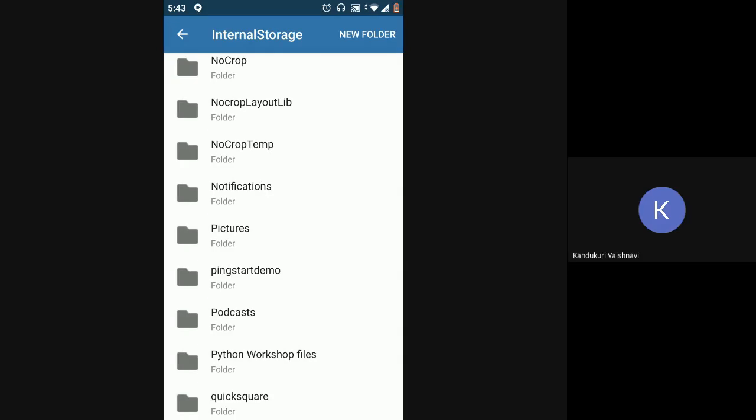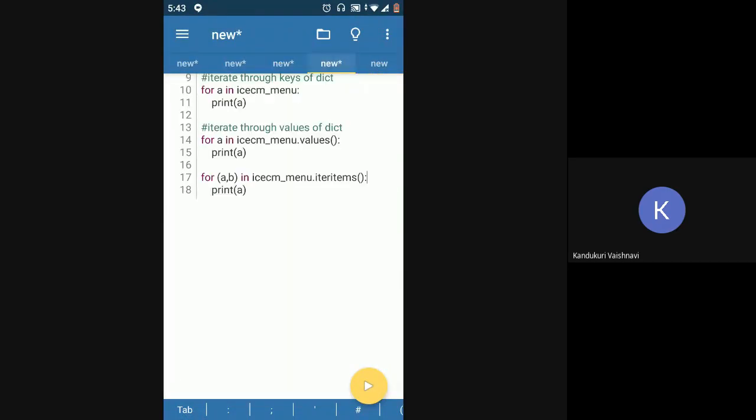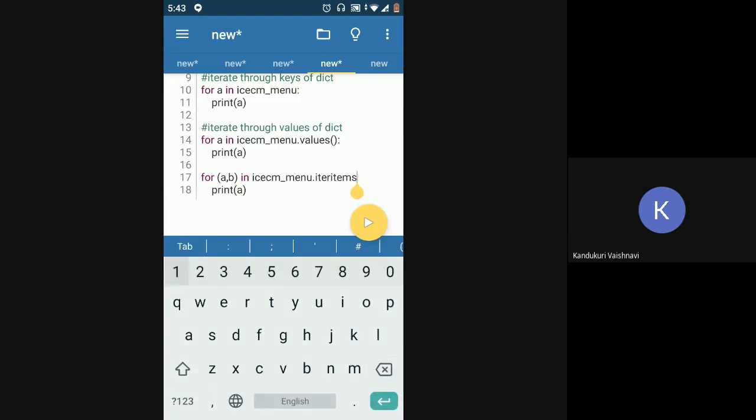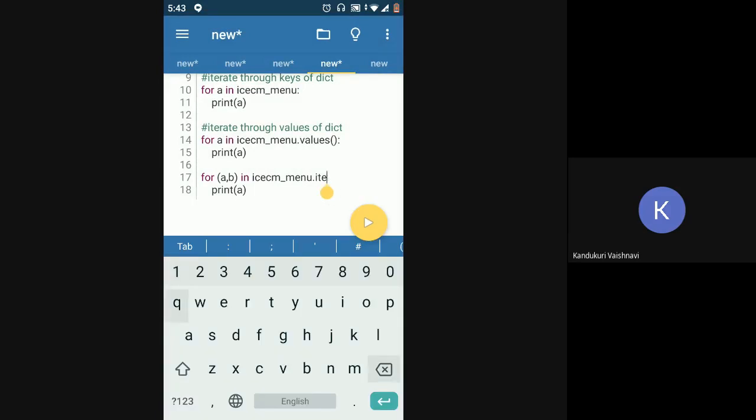Got it. Okay, I think I'll get back to you on this one. There is some function called iter or iter items, something like that. I'll have to check it once. Mostly it's iter items only. I don't know why it is not working here.